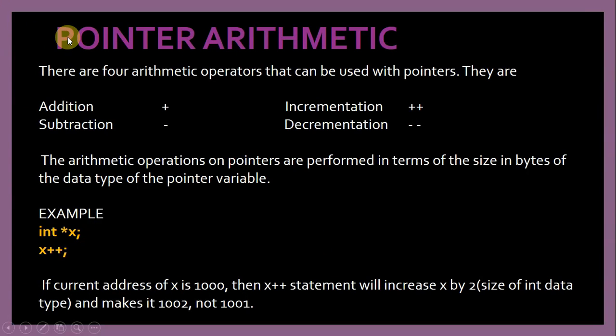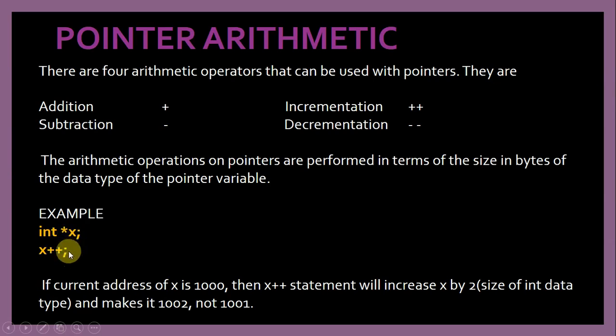Now let us understand all the four operations. Basically addition, subtraction, and then incrementation plus plus and decrementation minus minus. These are the basic operations which can be performed on pointers. Now the arithmetic operations on pointers are performed in terms of the size in bytes of the data type. That is, if int star x, then x is a pointer of type integer, then x plus plus will increase